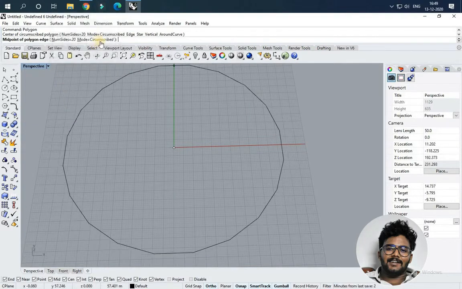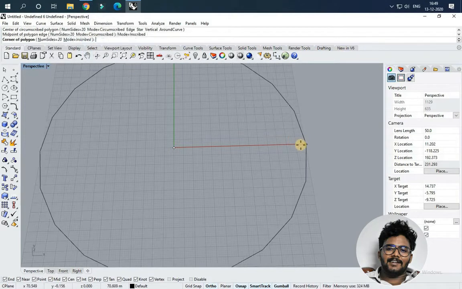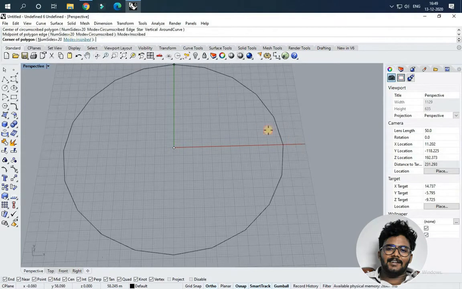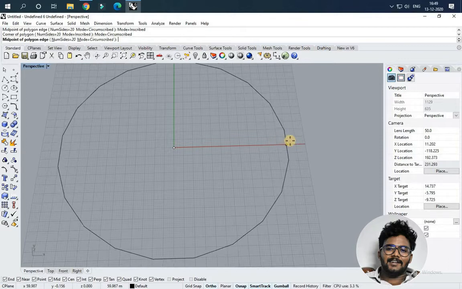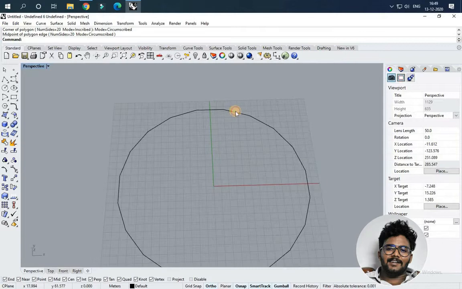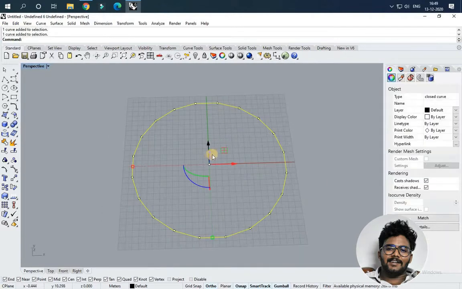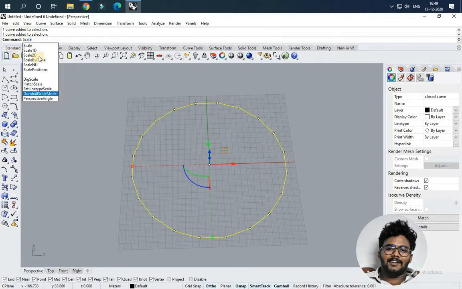I'm keeping the size as 20 and the mode as circumscribed, because I need a circumscribed polygon for this model. So now I got a 20-sided polygon. If you want to change the number of sides, you can click on number of sides and change the 20.